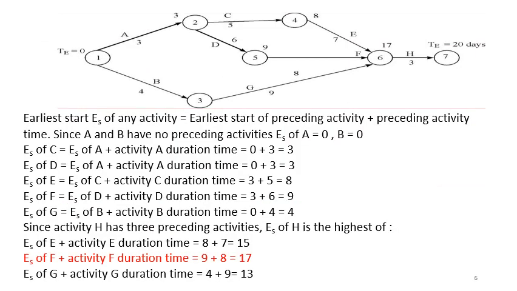Now, considering the same activities here, in the previous calculations we got an expected time of 20. Now let us see that you are not sure about what the expected time is. Now we don't know what the expected time is, so we'll just delete this. Right now we don't know the expected time. We are using another method now, which is called the earliest start and the latest start method.